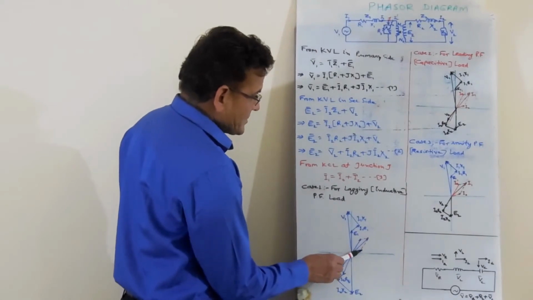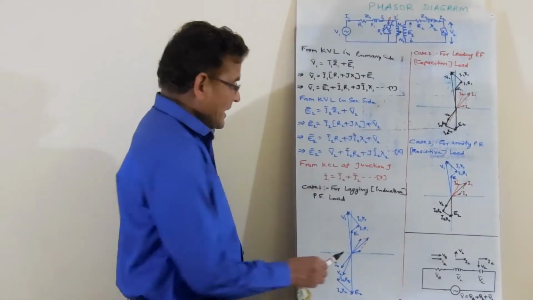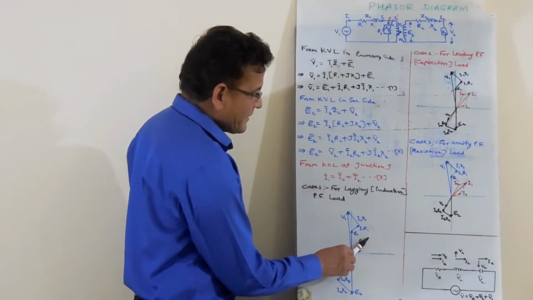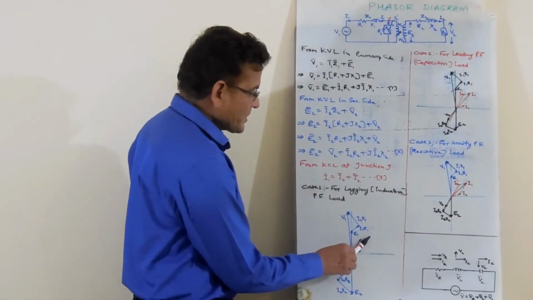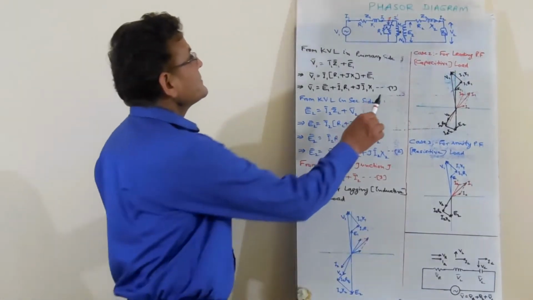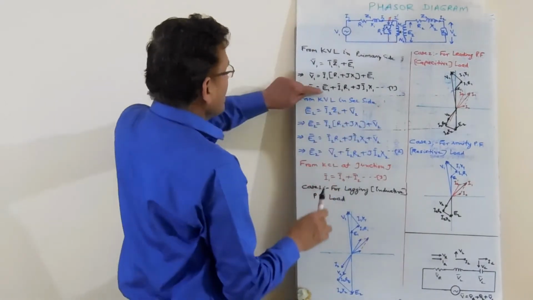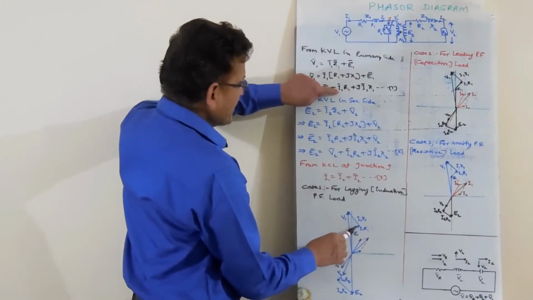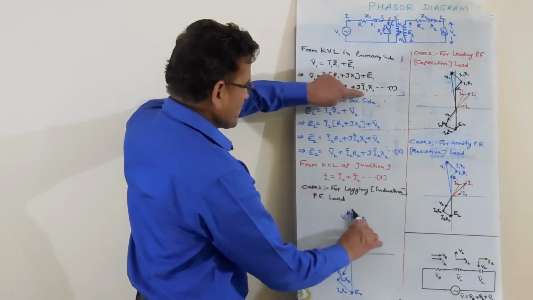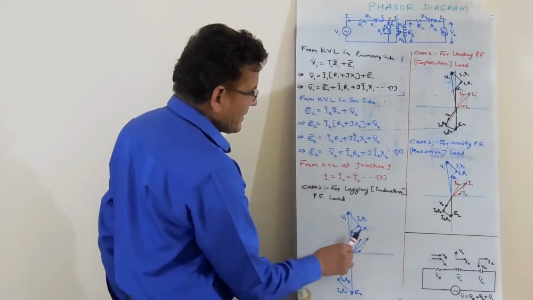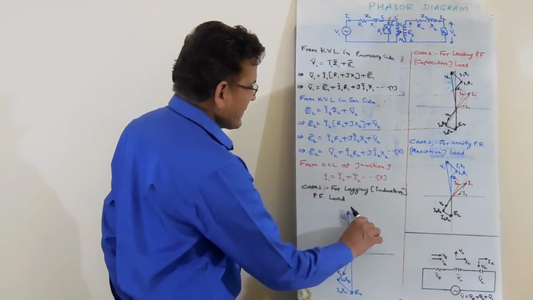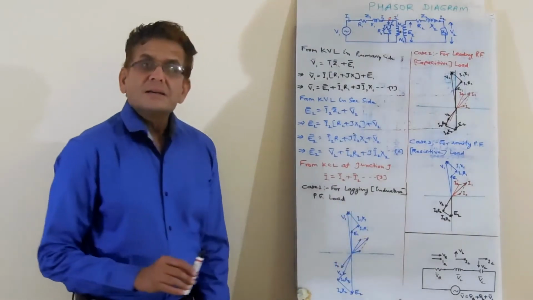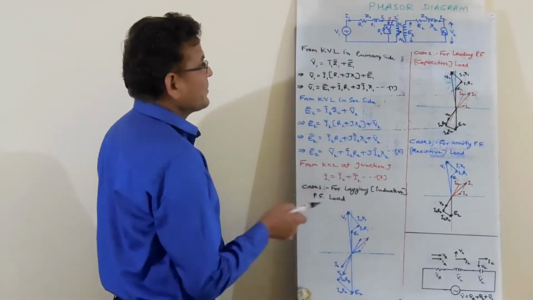In this diagram, this is I0 and this is I2 dash, and the vector sum of these two is primary input current I1. Now from equation first, E1 this component plus I1 R1 this component plus I1 X1 this component, and the vector sum of E1, I1 R1 and I1 X1 is V1. So V1 will be along this vector.